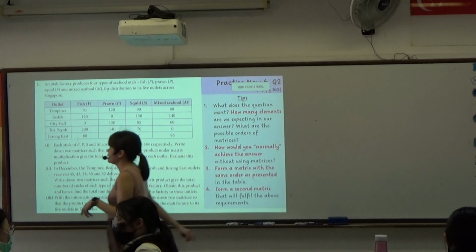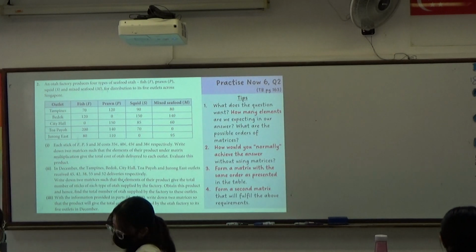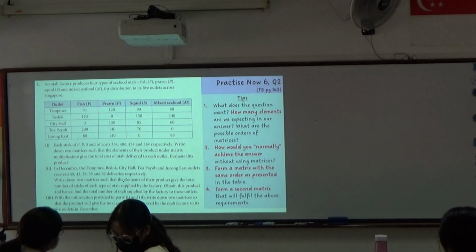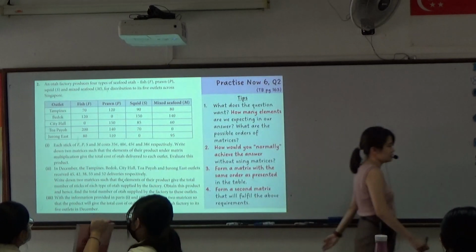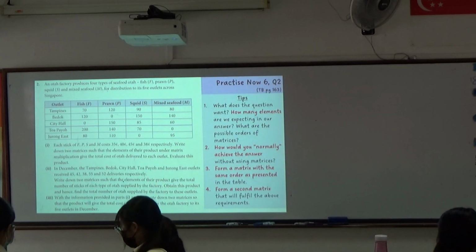Alright, so yesterday we were looking at this OTA question. Okay, although with this kind of hint, I don't think anybody will want to eat OTA. Alright, so